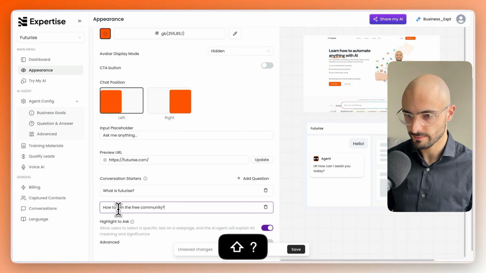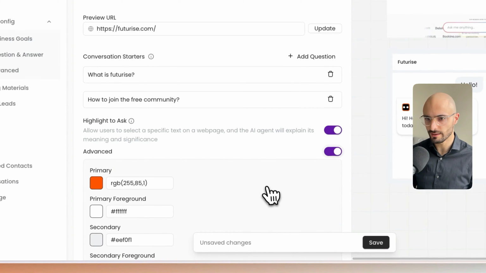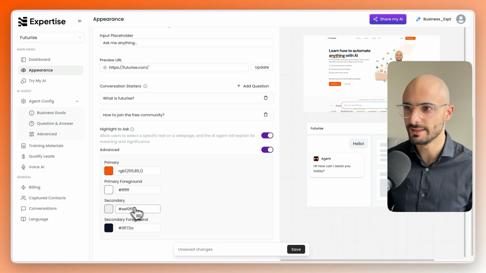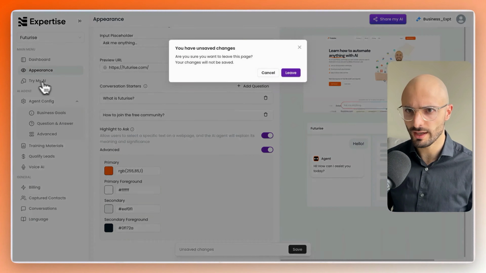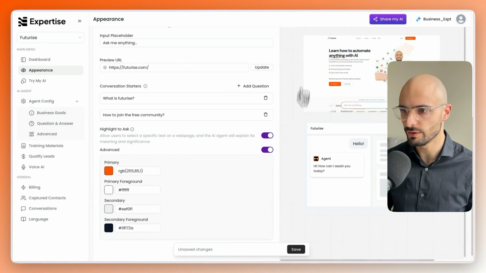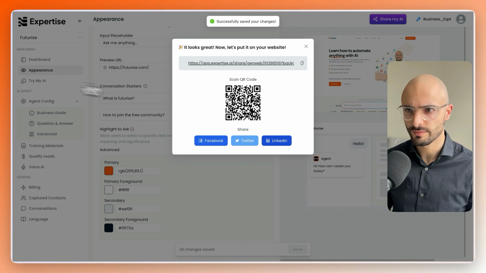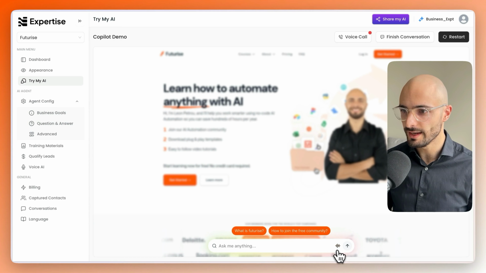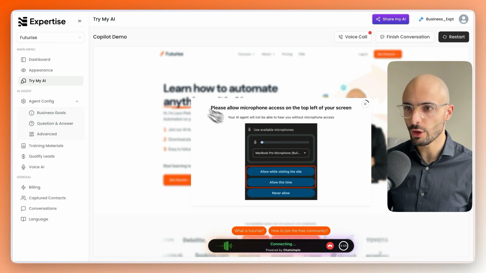Okay, and cool. And then you can also come here and change your website colors, but it looked like it did a great job at detecting the color scheme of my website. Great, so let's go back to try my AI. Oh, I forgot to save. Great, try my AI. And now the user just needs to click this little button here, and it'll ask permissions